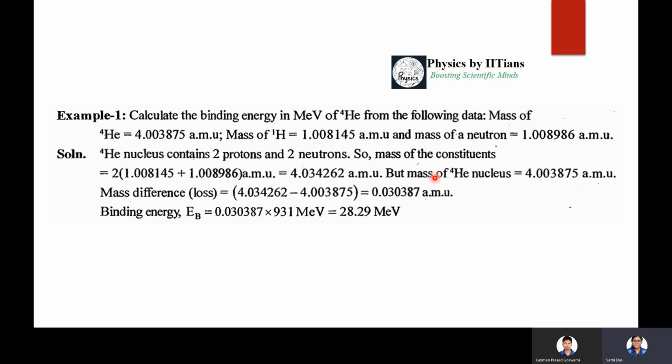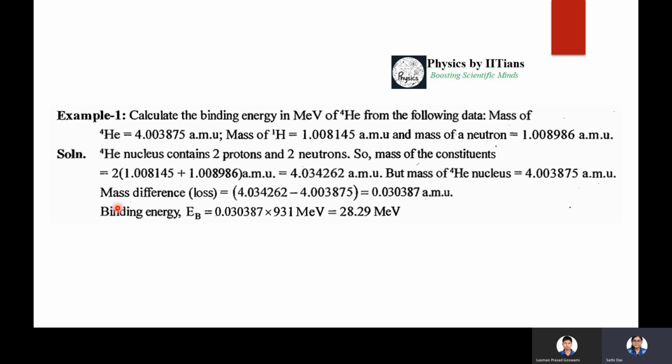Now the mass of the helium nucleus, as given here, is 4.003875 AMU. So the mass difference, from which we find the binding energy, is the constituent mass minus the mass of the nucleus. So 4.034262 minus 4.003875, you will get